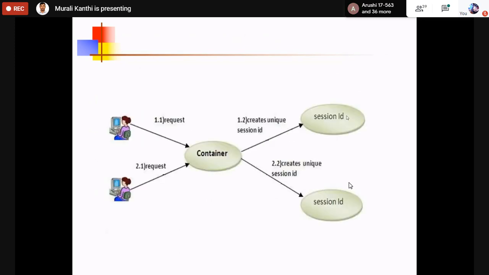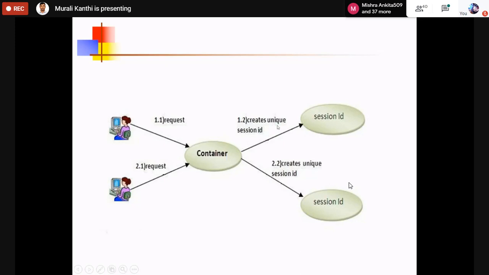Okay, so here in this diagram, you can see there are two clients, client one and client two. One request is given to the web container. The web container is going to create a unique session ID for this client.